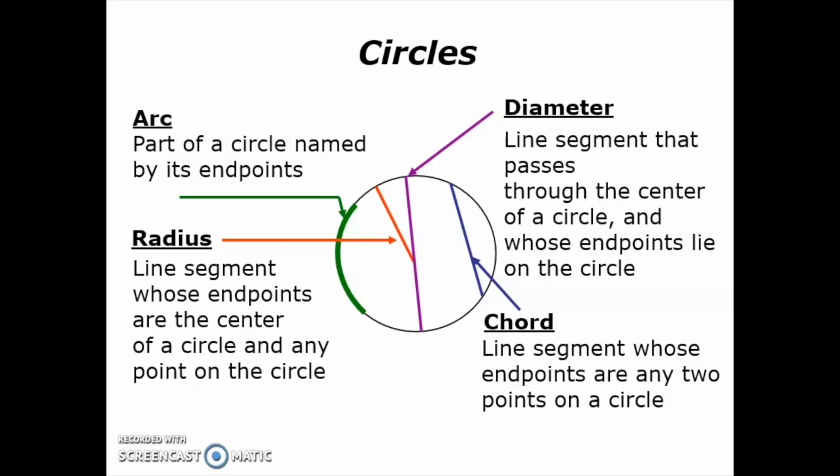Couple things I want to point out real quickly. Is a diameter, this purple line here. Notice how it goes all the way across the circle, but it passes through the center. Sometimes people get confused with a chord. A chord goes from one side of the circle to another, but it does not necessarily go through the center. So the diameter has to pass through the center. And notice that the radius goes from the side to the middle. So the radius is exactly half the size of the diameter, which is going to be important for what we're